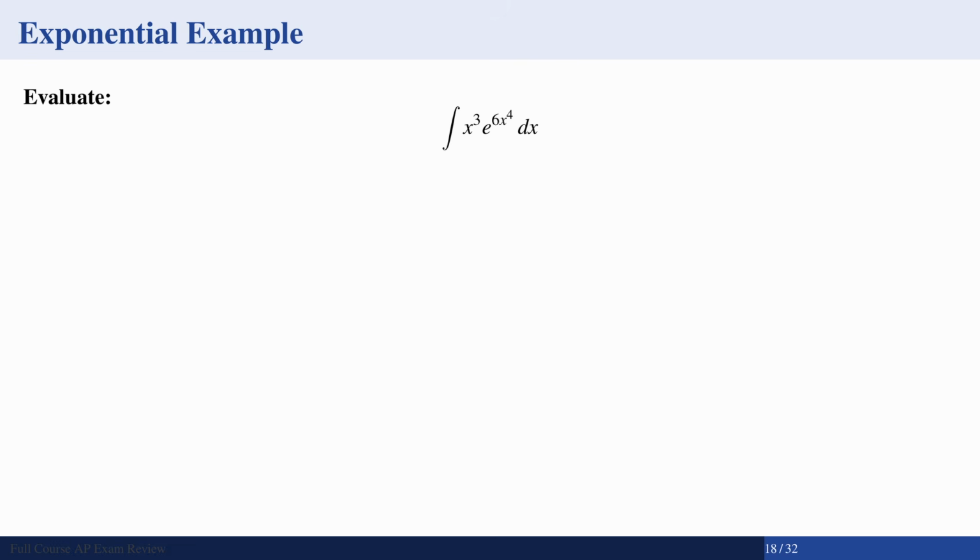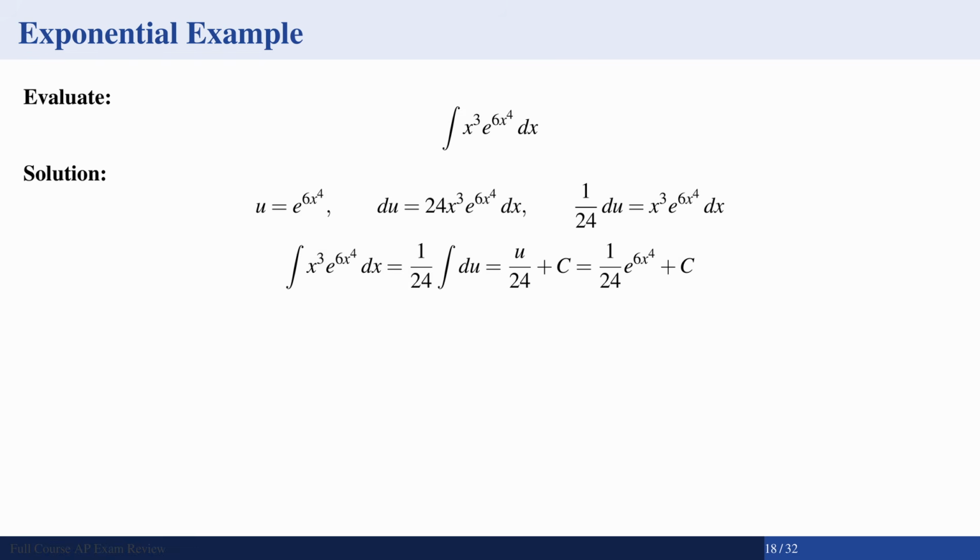Okay, I want to do this third example because it's an integral of an exponential, and I like the advice. One of my students actually kind of taught me this because I was taught to do this a different way. If there's an exponential, just let u be the exponential. If I let u equal e to the 6x to the 4th, then du is 24x cubed e to the 6x to the 4th dx, or the entire original integrand, x cubed e to the 6x to the 4th dx,